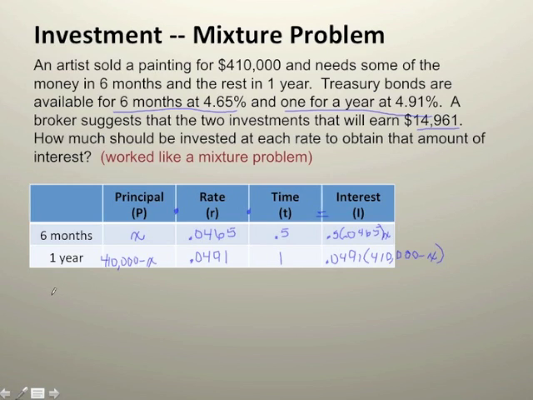So we know that if we add these two amounts together, the interest from the 6-month investment and the interest from the 1-year investment, that will equal our 14,961. Grabbing our calculator and doing some calculations, we'll find out that this multiplies to